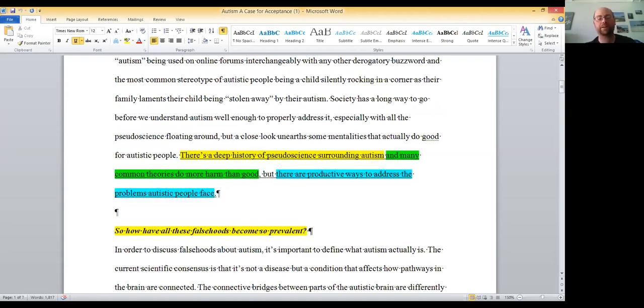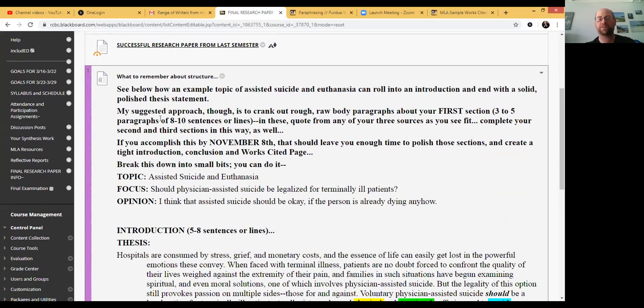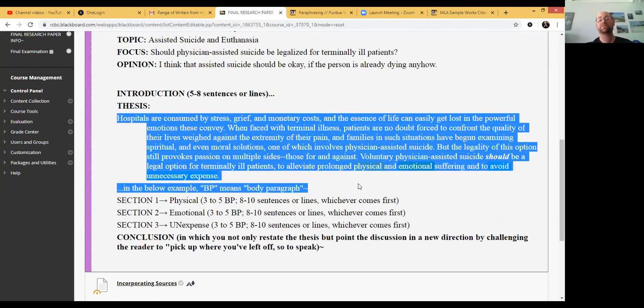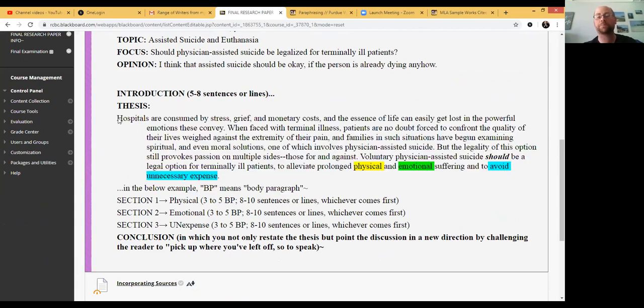So what I always said about structure, and I'm going to bring this up again, is you want to really give a thorough read to this area about structure, because when we did these analyses back in January and February, I told you to imagine 3 to 5 body paragraphs per thesis section, right? So this is an example introduction and thesis that was developed. It actually was from a student that developed it, but your introduction of your research paper should be of a similar length, and it should have as its capstone statement one sentence that articulates your 3 specific areas of discussion,